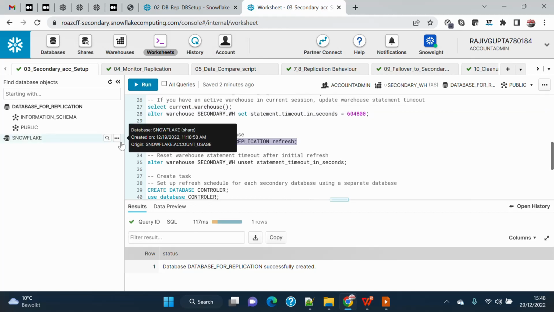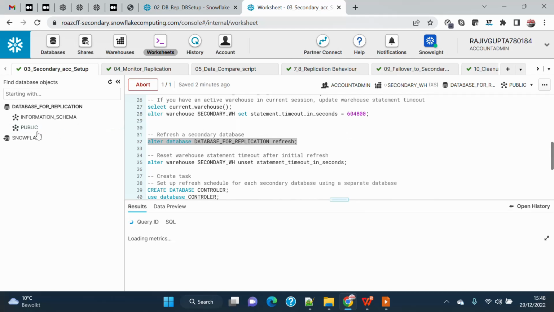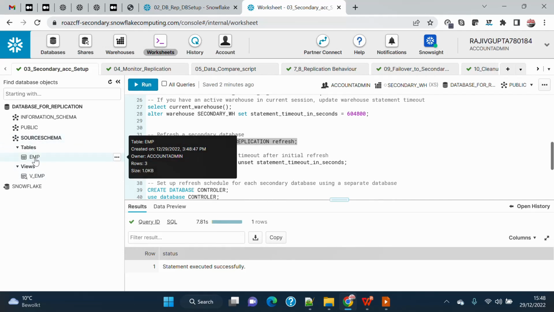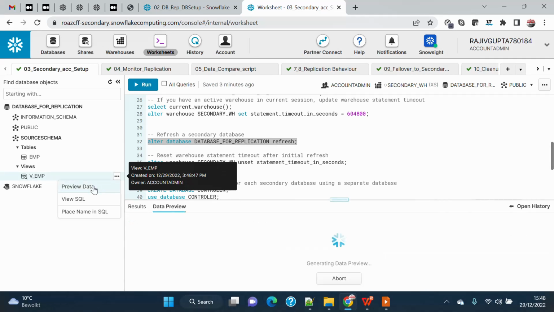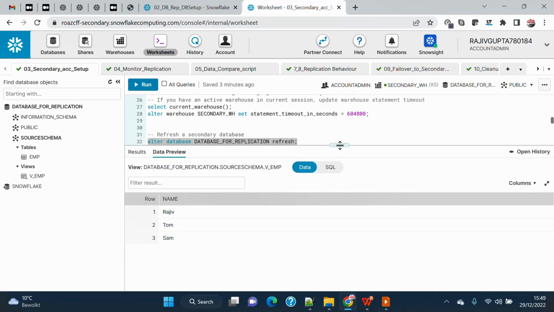Now I'm going to do the alter database name refresh. Once I do that, you will see the new schema start appearing on the left hand side. Once this is completed, I will refresh the left hand side. Now this is completed successfully. If I go here, you will see the source schema started appearing, and the employee table has 3 rows, and this is the view. If I want to preview the data, I can see the data because this view is on top of